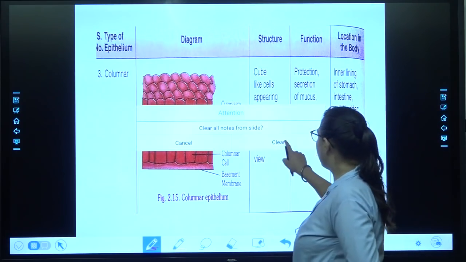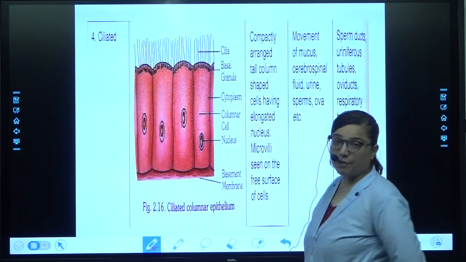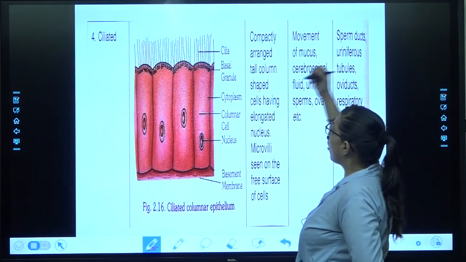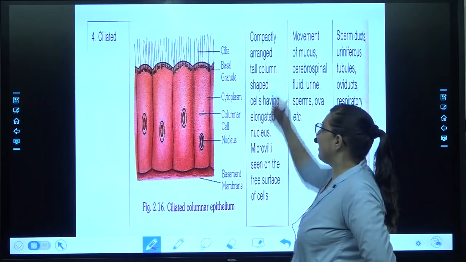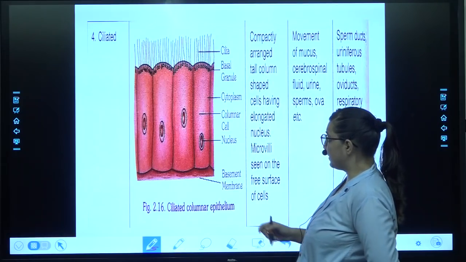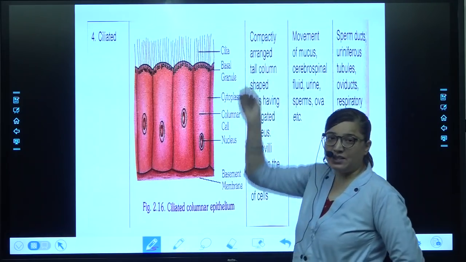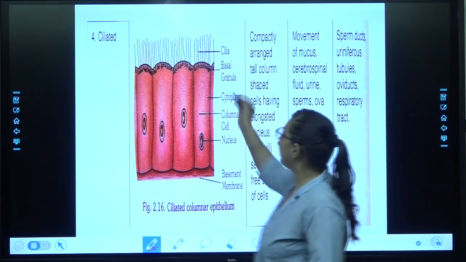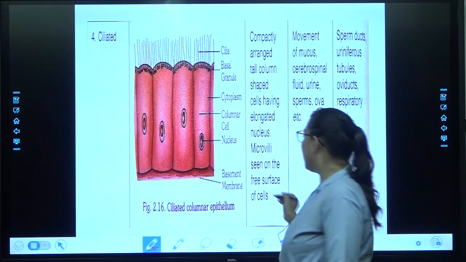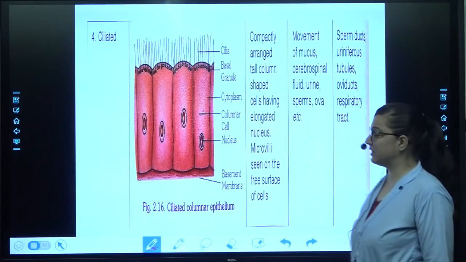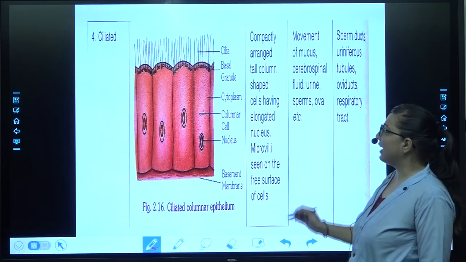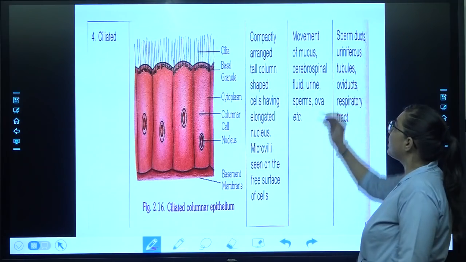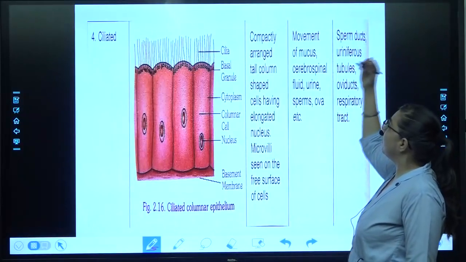Alright. Now the next type of tissue, which is ciliated tissue. They are compactly arranged. You can see they are very tall, column-shaped cells. They have an elongated, meaning a little bit bigger, nucleus, and microvilli, that means a cilia-like structure is seen on the free surface of the cells. So that is about ciliated, and that is why it is called cilia, where it will help in the movement